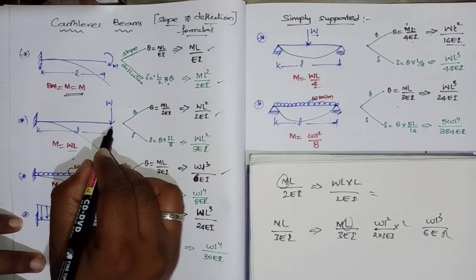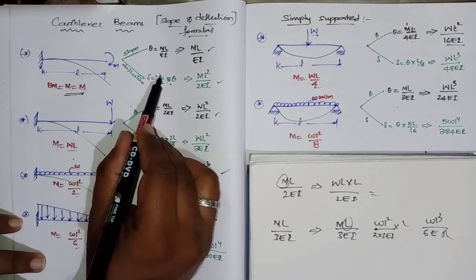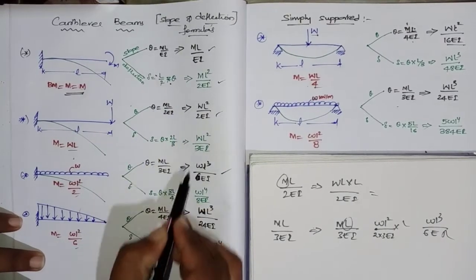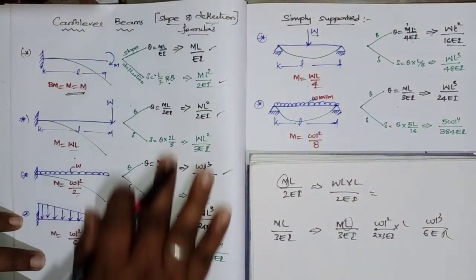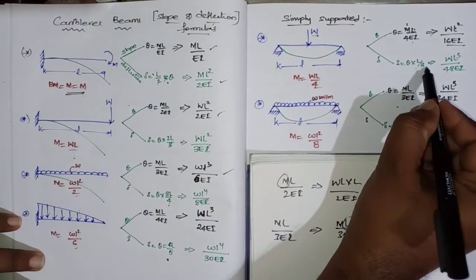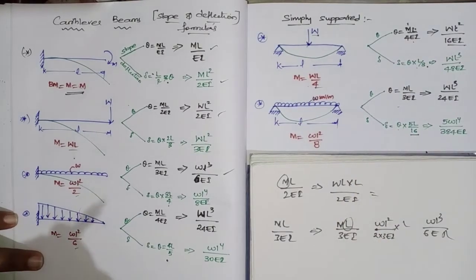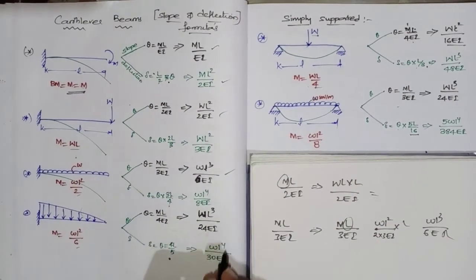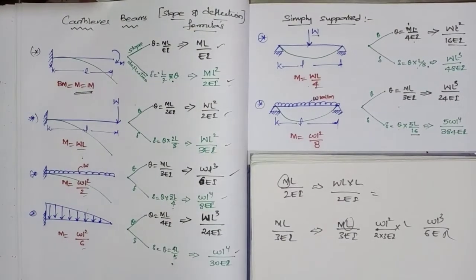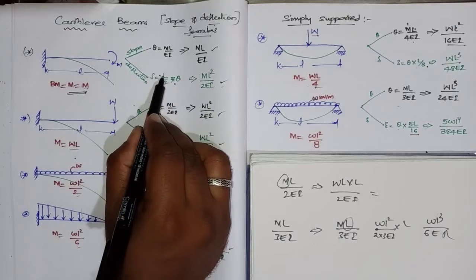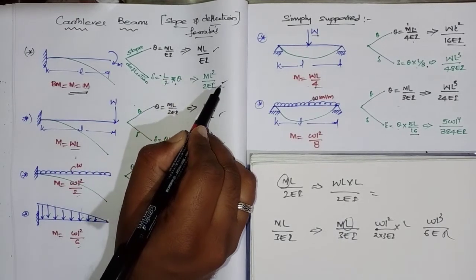Similarly for a point loaded beam, these are also like that only: L by 2, 2L by 3, 3L by 4, 4L by 5. Okay, up to here it is okay. And here, theta into L by 3 and theta into 5L by 16. These are the things you are supposed to keep in mind when you are not able to remember these formulas, right? Now see here, L by 2 into ML by EI means ML square by 2EI.